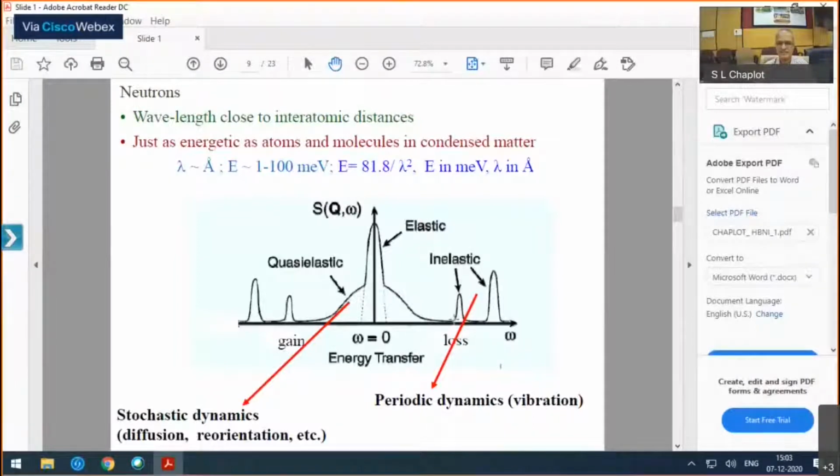And then you have delta functions on both sides of the energy transfer, at the positive energy transfer or negative energy transfer, very similar to the Stokes and anti-Stokes peaks you have in Raman scattering. So these are the excitations. The width is shown because of the instrumental resolution, but essentially these are delta functions which may have an inherent width as well. And these are the excitation peaks, and this is the broad Lorentzian peak due to the quasi-elastic scattering coming from the stochastic dynamics.